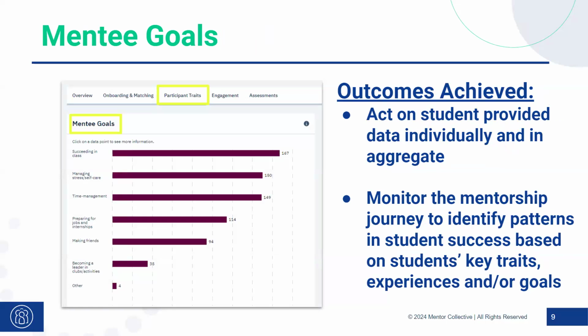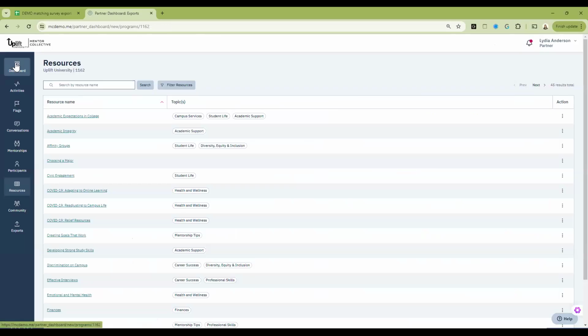On the survey, they're asked, what is one longer term goal you'd like your mentor to help with? And they have a series of options that they can select from. And that is generated in your dashboard. You can see it visually. You can also filter on it, which I'll show you here in a minute. But then I'll also show you how it shows up for the mentors as well, because they have access to this information. So let's hop into the dashboard once again,